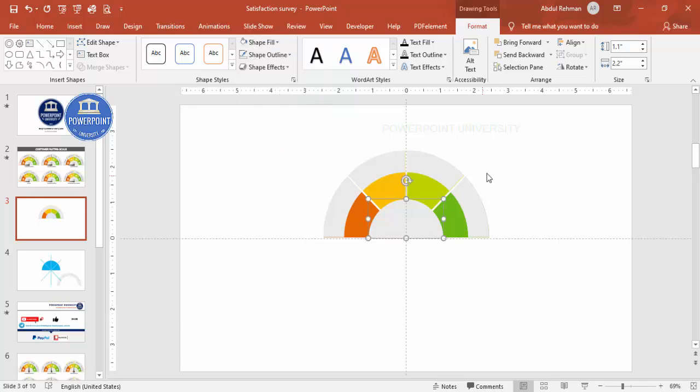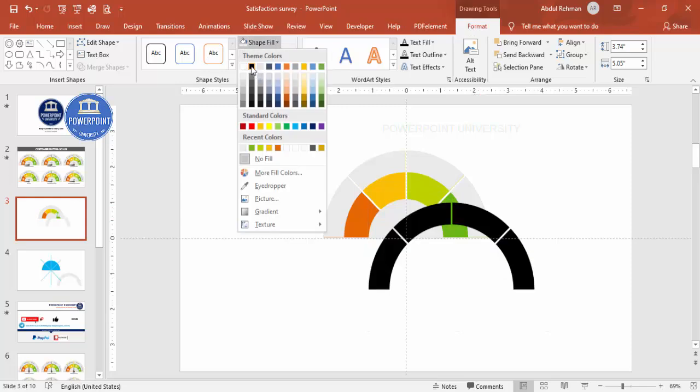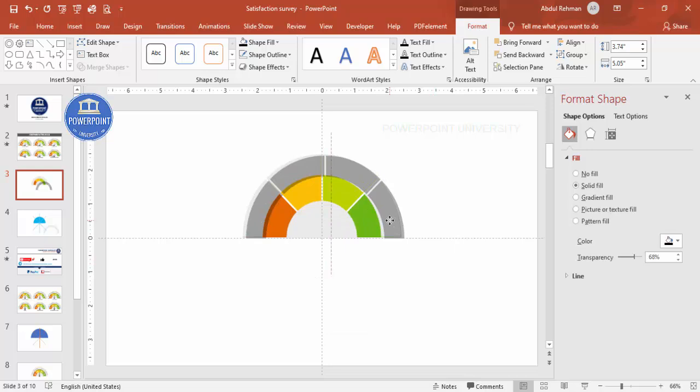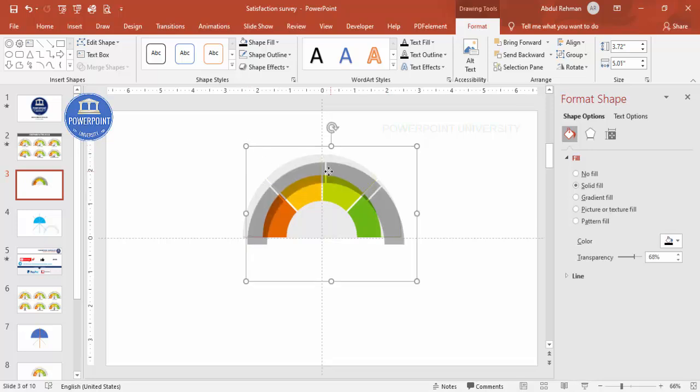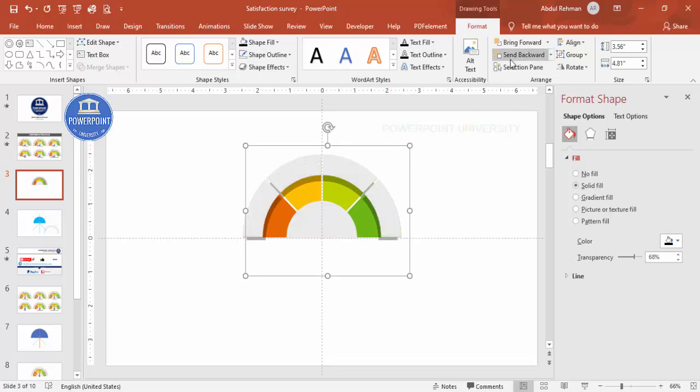All right, and if you want to give some shadow effect also, you can. For example, I'm just going to select this part, press Ctrl D to duplicate, and then shape fill. I'm going to make it black, right mouse click, go to format shape. I'm going to increase the transparency. You can see here, bring it somewhat down, or you can just hold the shift key and reduce the size a little bit. Okay, and then I'm just going to place it here, reduce the size a little bit, and then send this to back. All right, so you have got a shadow effect also. It looks something like this.